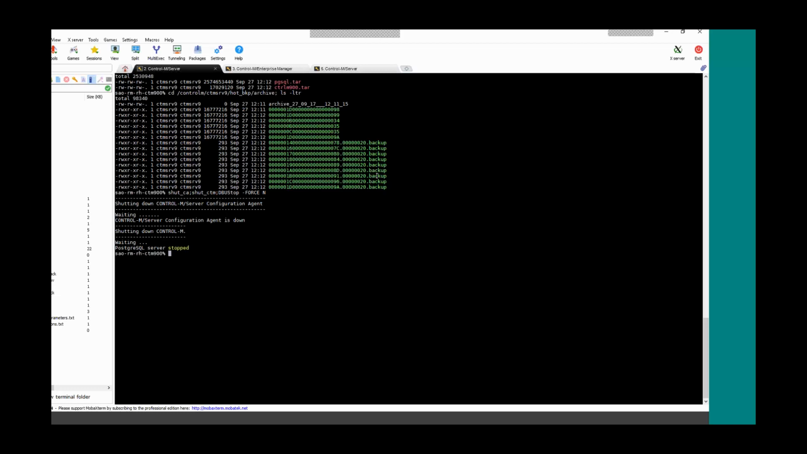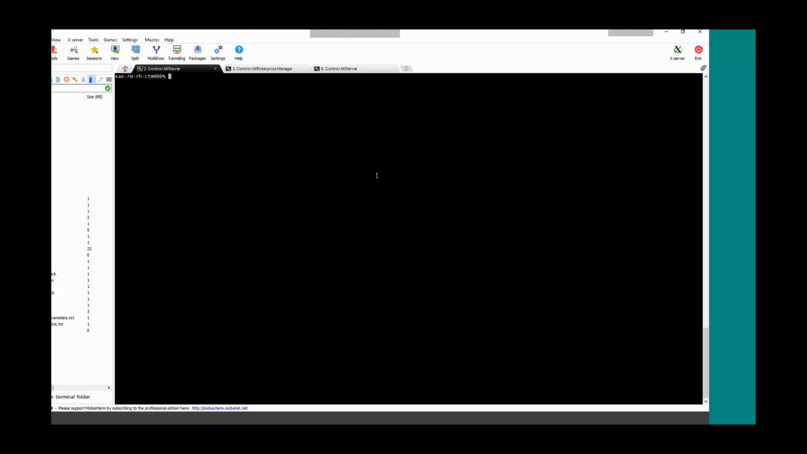Now that Control-M server and database are stopped, let me do the restore. Let me clean this first to make it easier to read. As my environment is not big, it's going to finish soon. Normally it takes about 1 minute and a half. While it is restoring the database, let's double check the parameters that I passed to the root backup utility